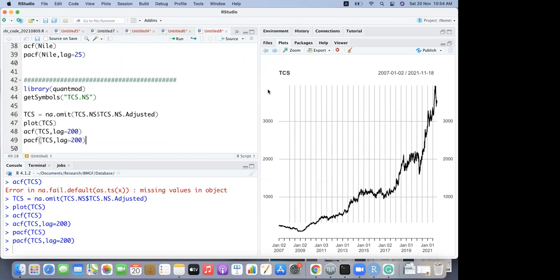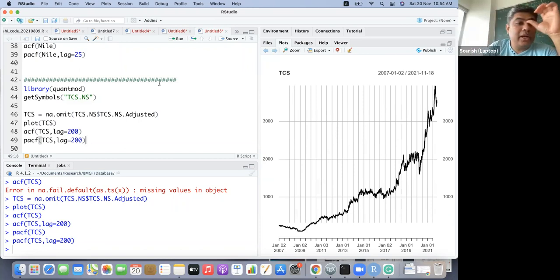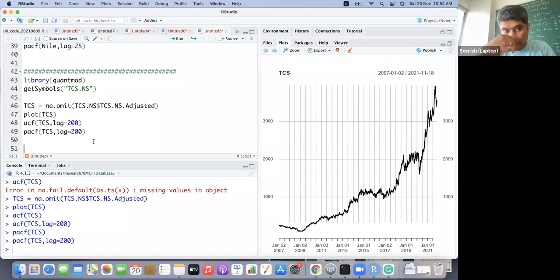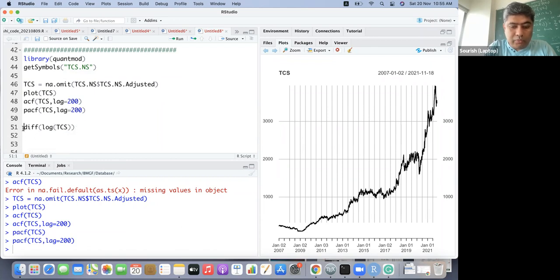But it is actually very counterintuitive, because if you take the log of TCS, and then you take the difference and plot this, basically you are taking the first difference of the log of the value.